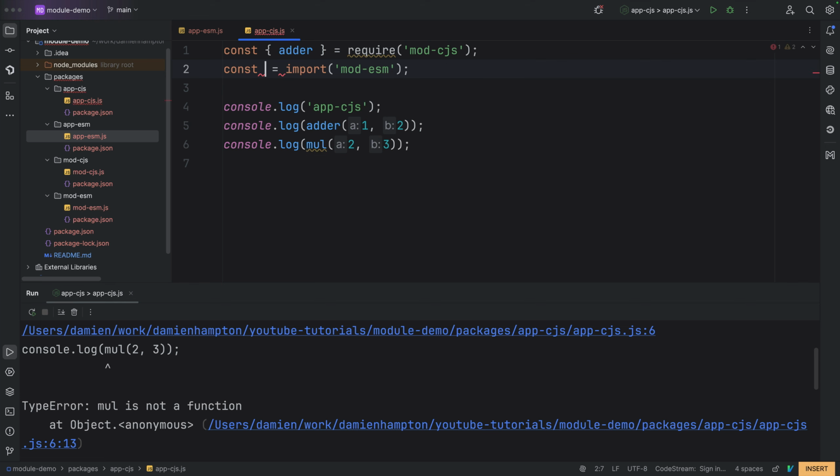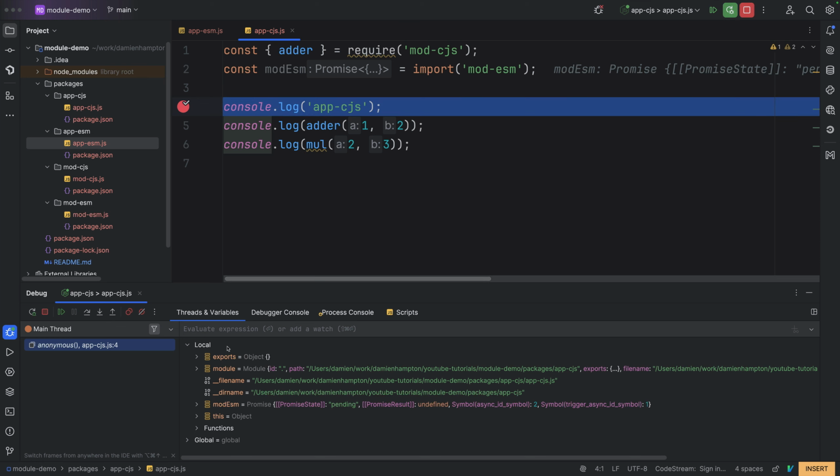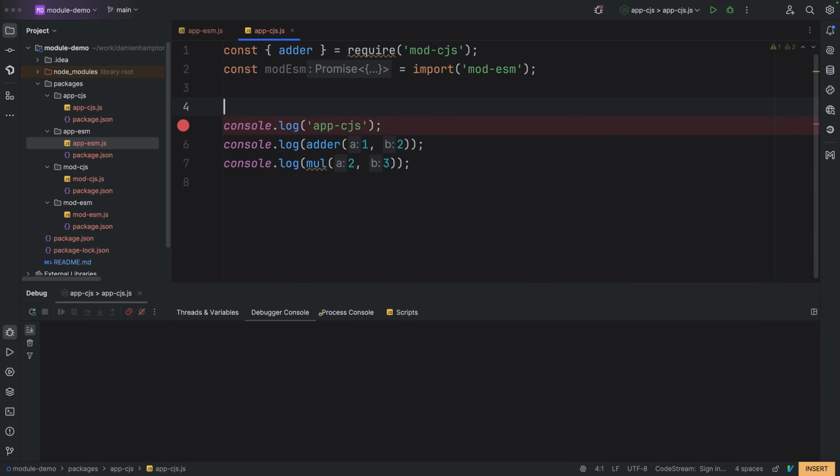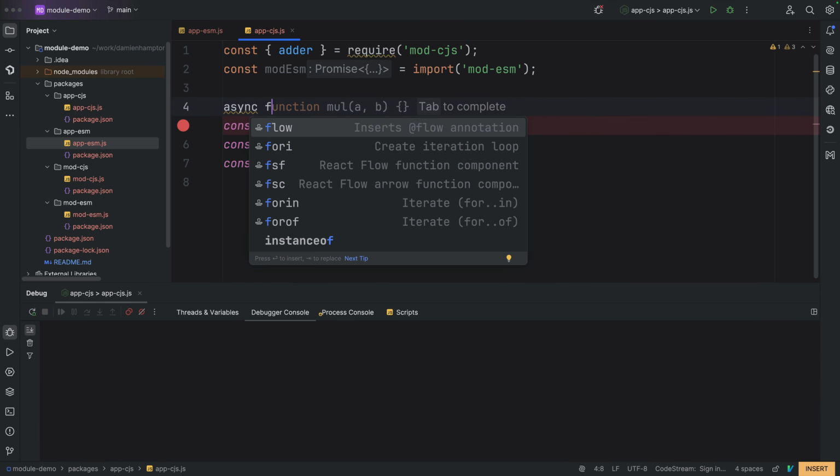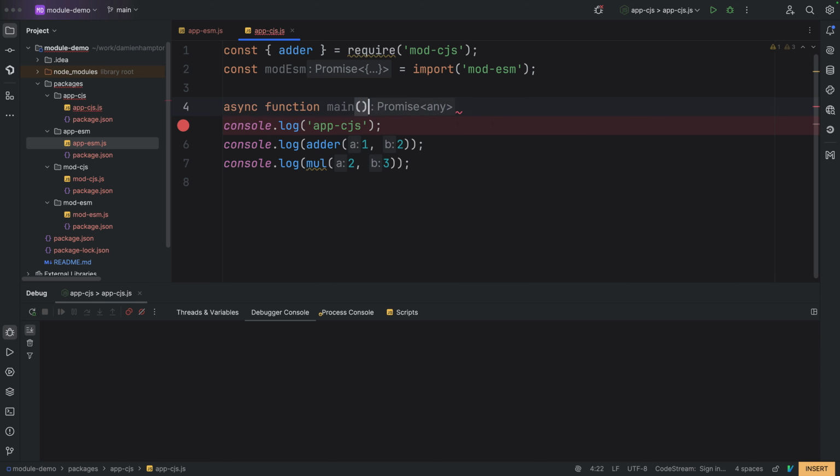So if I just change that to mod ESM, we can see straight away from the type hint that we're getting from IntelliJ that this is actually getting a promise back. So if I put a breakpoint on there and run that code, we will see that mod ESM is a promise that's pending. So if I stop that and now just wrap this whole thing in a function called main,